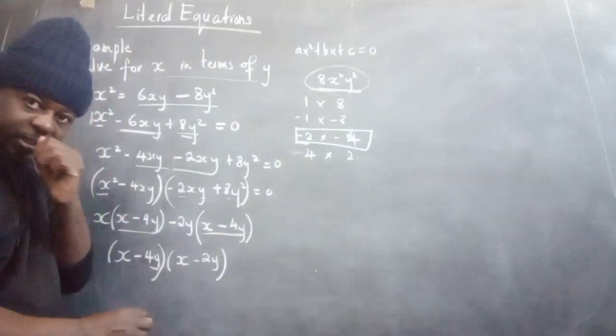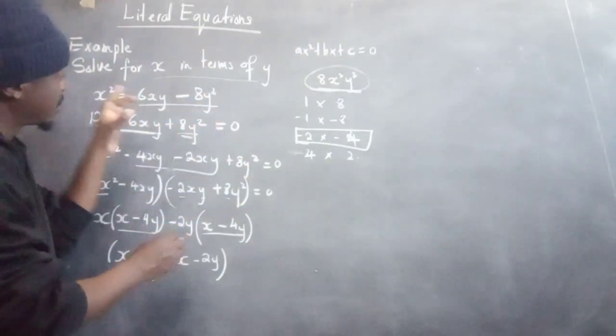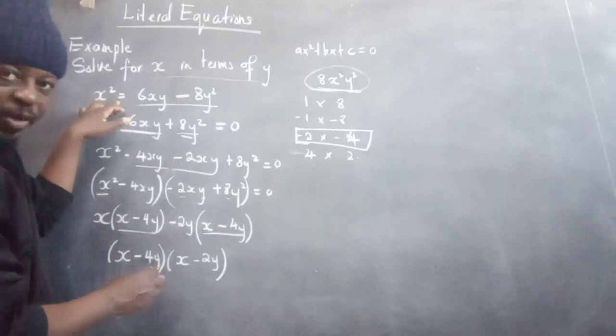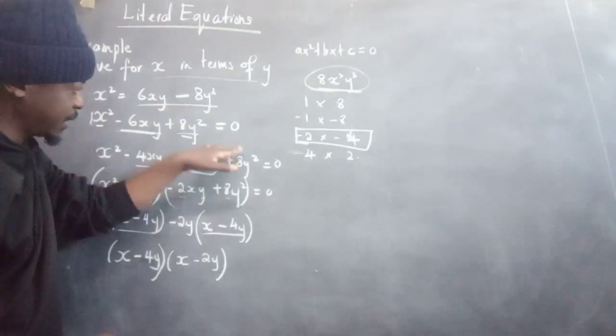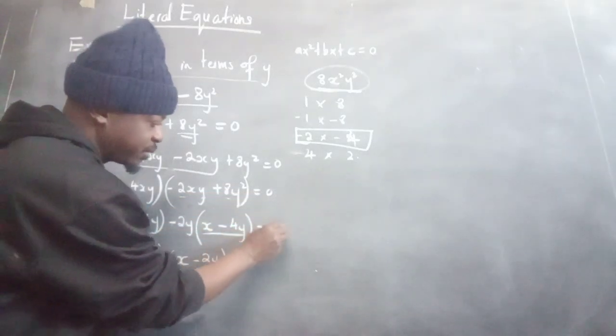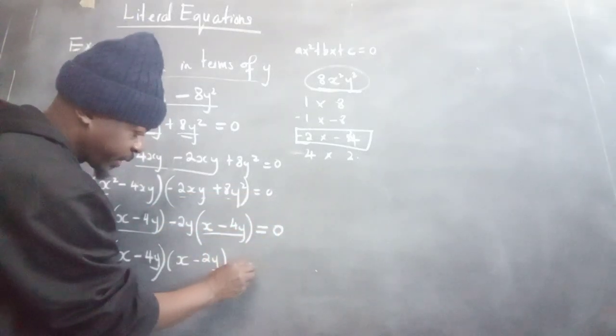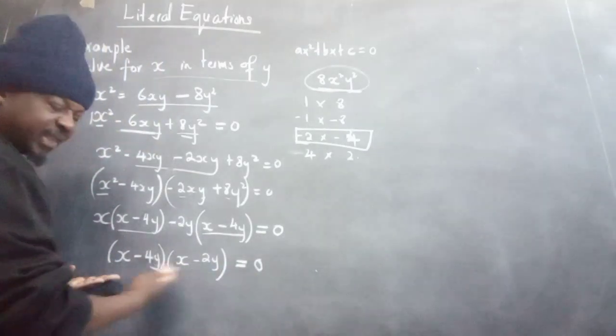And another thing is we should not forget that we are talking about equations. So the expression here is an equation. An equation is an expression with an equal sign. So there we should not forget to write equals 0. And then what does this mean? What this means is